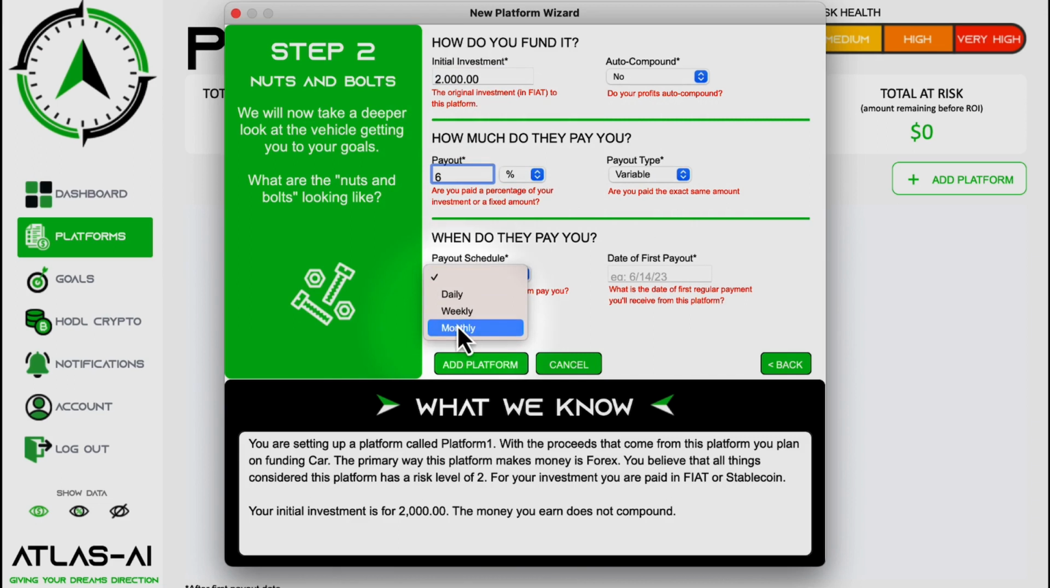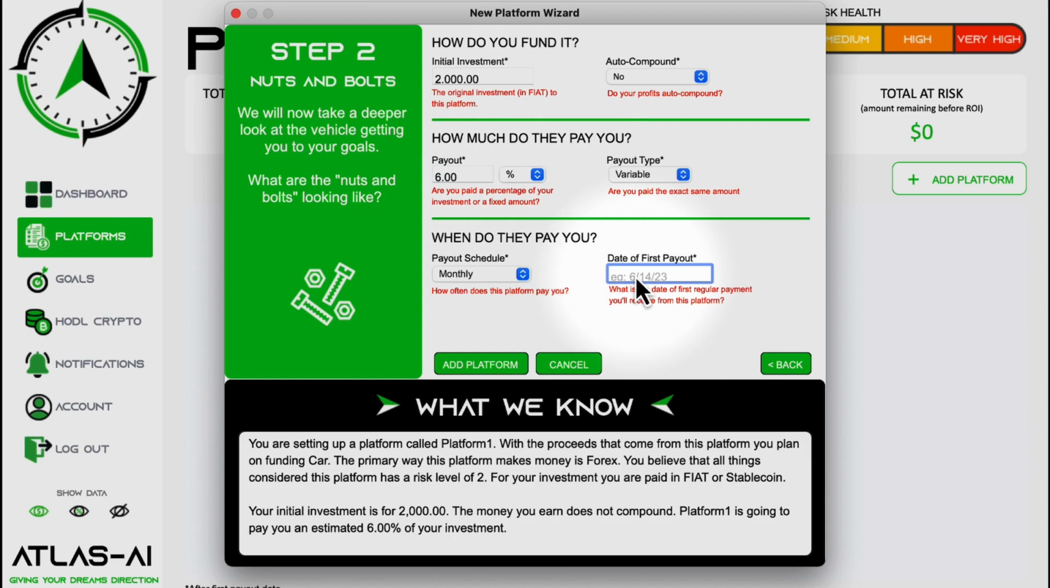The payout schedule is monthly, so 6% a month. It's going to change. We're just guessing what the average is. You can obviously do a value. So if it's a rental, you could do $1,000 value fixed per month or something like that. And then we're going to say our first payout will be